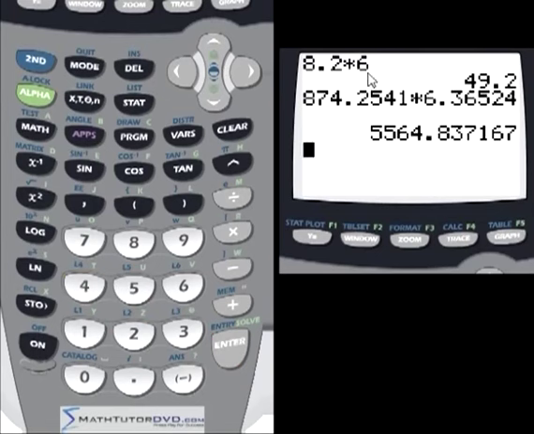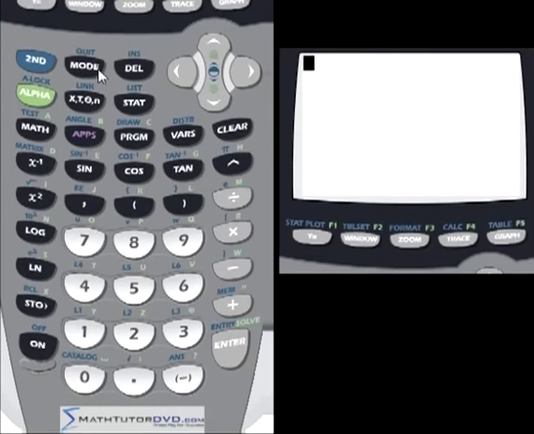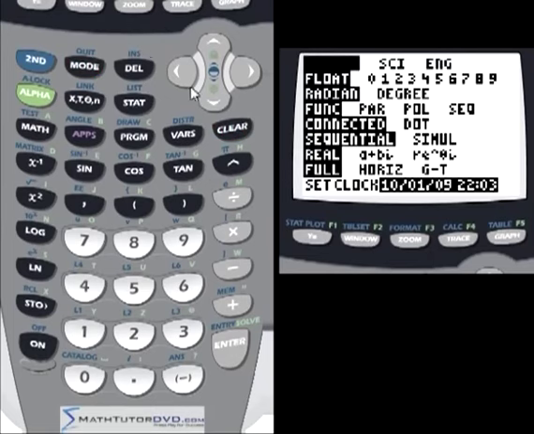So you see in this calculation at the top we had only one digit after the decimal, and over here we had a whole lot of digits after the decimal. And in both cases we have a different amount of digits in the front, of course, because the multiplication was different. Now let's go into the mode and see what happens. We'll leave the calculation